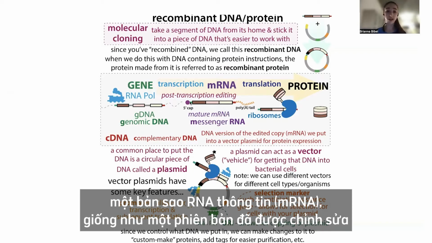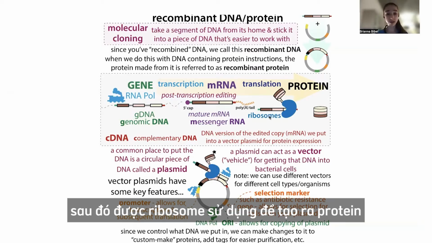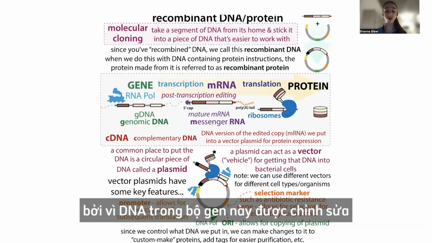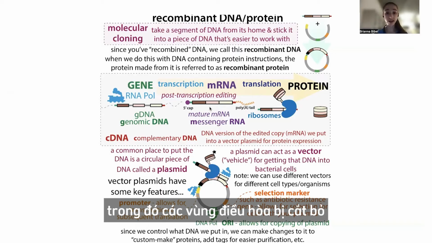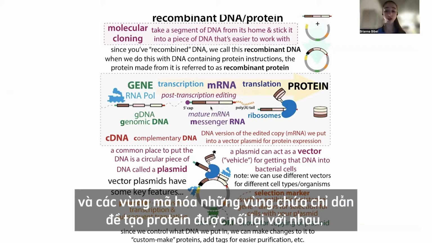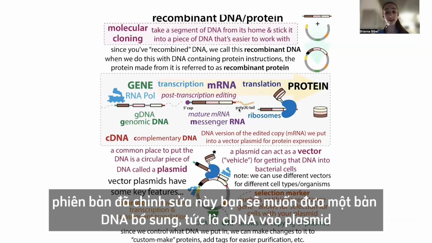RNA copy, which is kind of like an edited version of that DNA, which then gets used by the ribosomes to make the protein. Because this DNA is edited, it gets kind of like spliced together, where the regulatory regions get cut out, and the coding regions, the regions that have the instructions for making the protein, get stitched together. And so this edited version, you want to put a complementary DNA, so a cDNA version of that into the